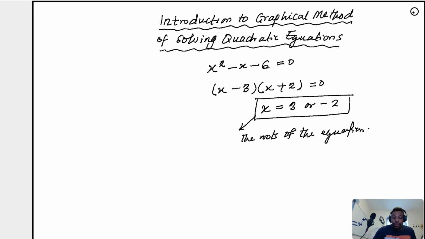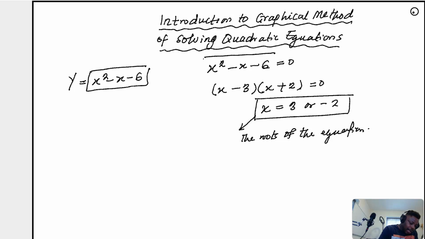But when it comes to the graphical method, you'll be given a quadratic function: y is equal to x squared minus x minus 6. You can see that x squared minus x minus 6 is the same thing as the left hand side here, and the right hand side is equal to 0. So when you are given a function, we already know that we can get the root of the equation when it's equal to 0. So for the graphical method,